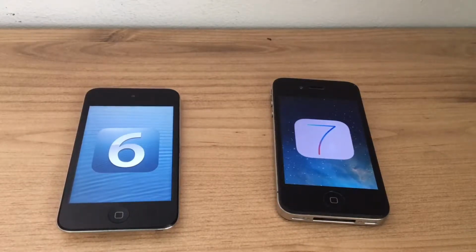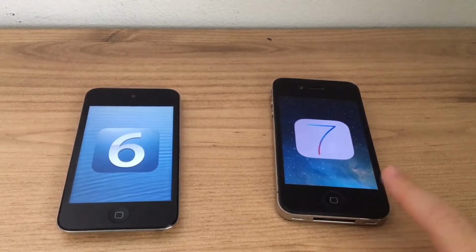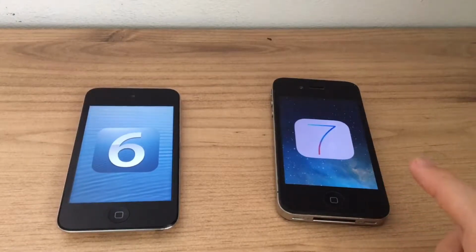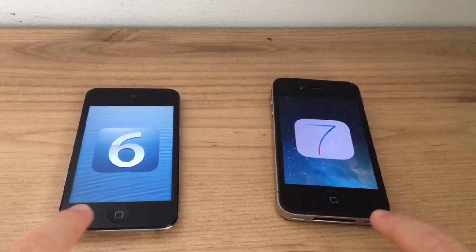Chaz here today, and I'm going to be doing another speed comparison of the iPod Touch 4th generation and the iPhone 4 on iOS 6 versus on iOS 7. But this time I'm going to be using the iOS 6 compatible versions of the apps on this iPhone running iOS 7, so we get a fairer comparison, and I won't be testing out any of the stock apps like Clock or anything. I'll only be testing out third-party apps, but they're running on exactly the same versions on